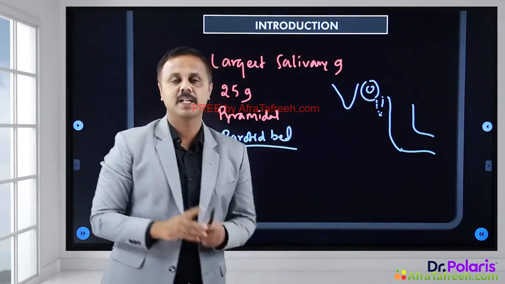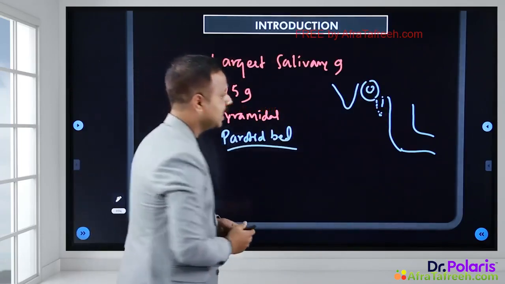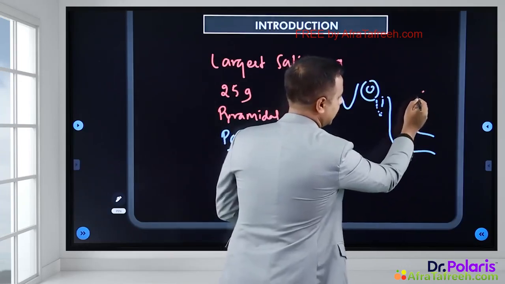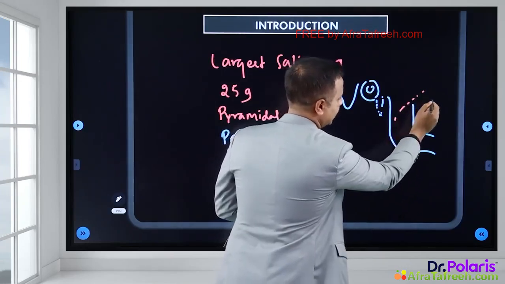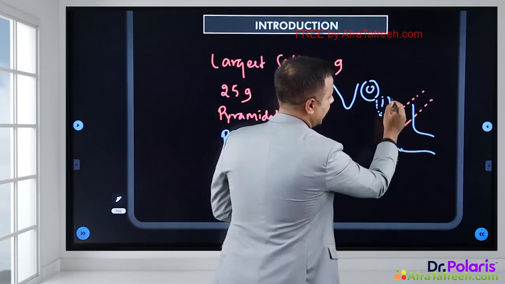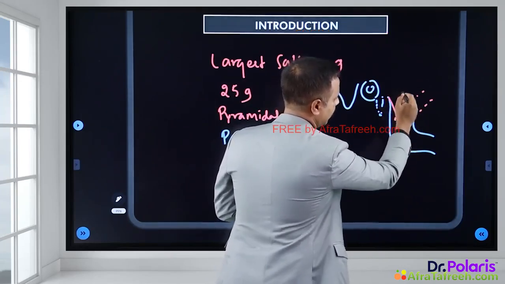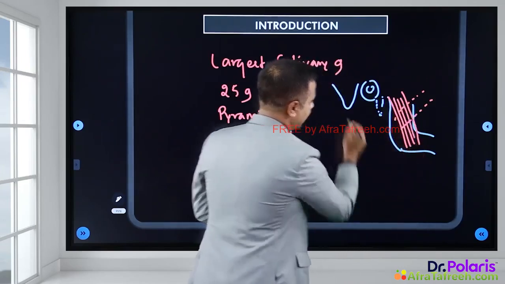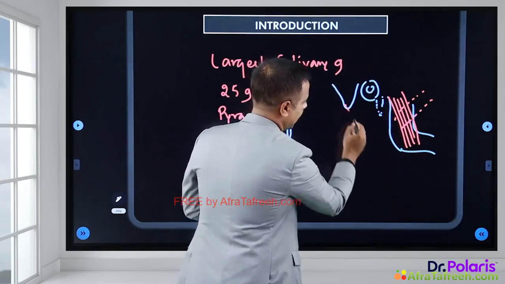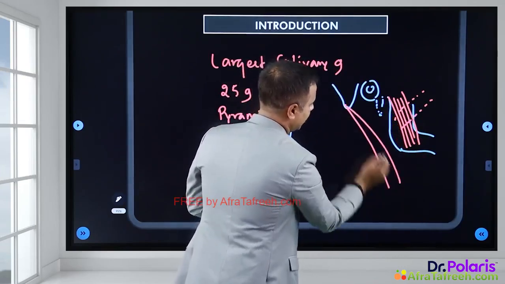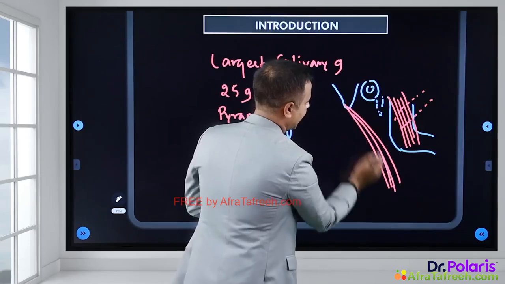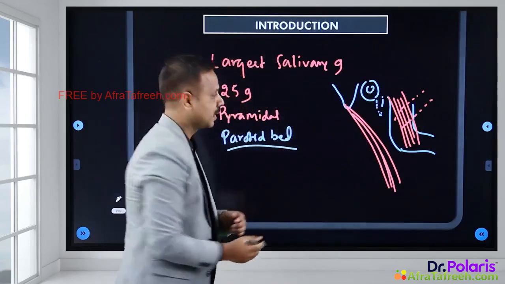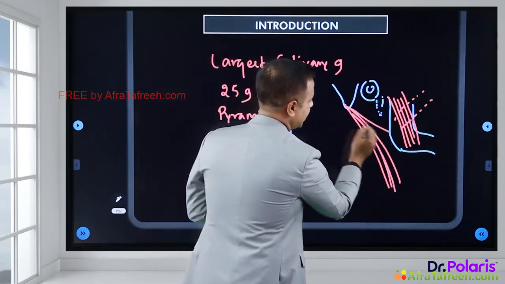This is covered by a lot of muscles. What are they? Medially, on the deeper aspect, we have the medial pterygoid, and then we have the outline of the masseter muscle, right? And posteriorly we have what? We have the sternocleidomastoid, and arising from the deeper aspect of the mastoid process, we have the posterior belly of